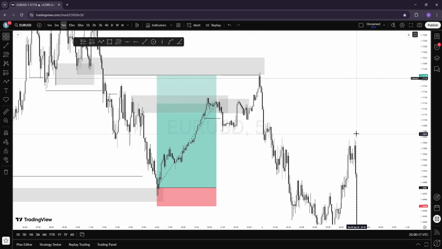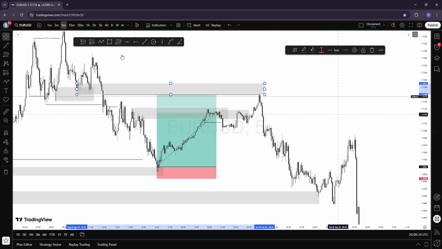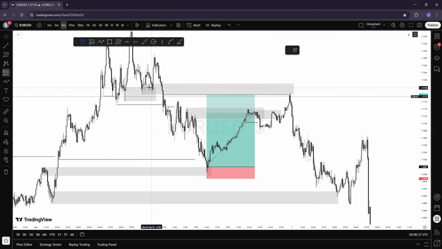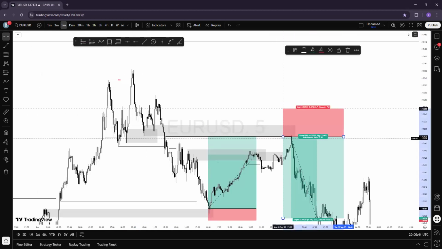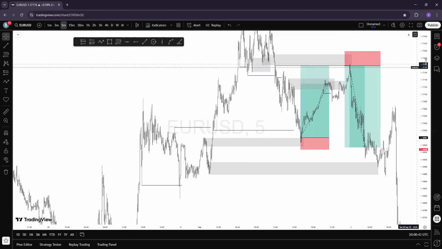Why didn't you take your entry from the first breaker block POI? Because that was valid from the first one, you're waiting for the second confirmation. No, the first step. The first, the higher supply, this one right there. I will take it now because this is my demand level. This is my supply level. I will have my entry here, stop loss above it, and then target the nearest liquidity.